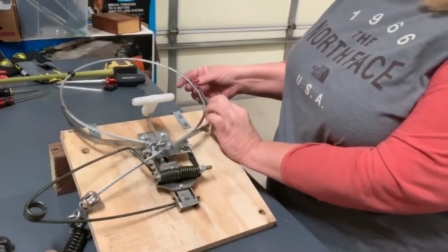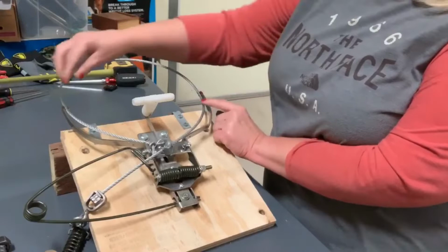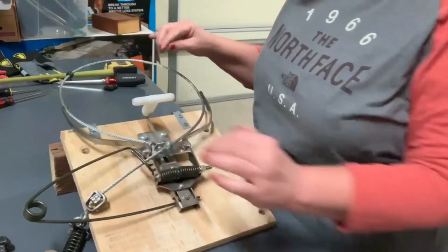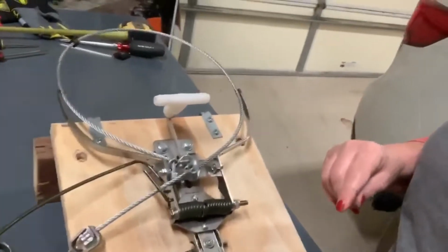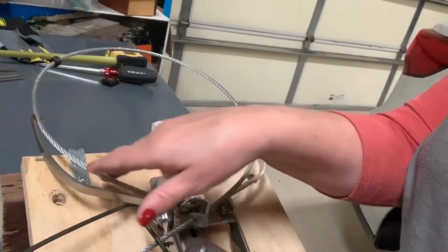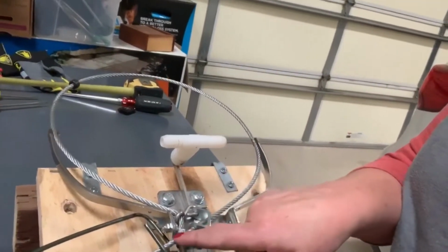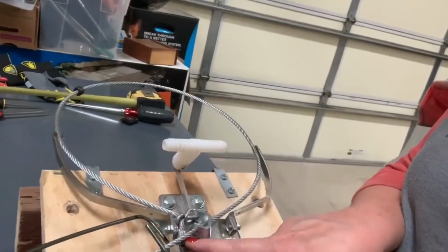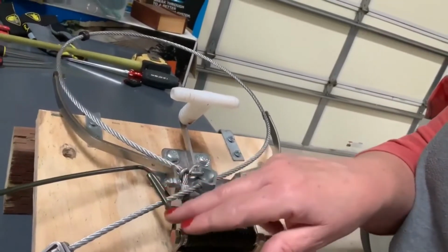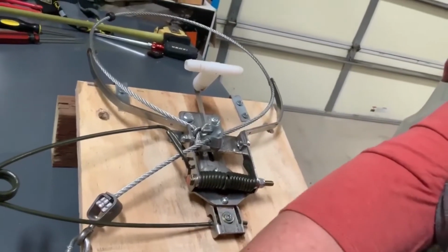The cable just sits in these throw arms. There are little hooks right here on the sides. You just clip it in the hook right here and right here, okay? Right here, you're going to look at the curvature. I'm going to try to bring the camera closer so you can see. There's the curvature of this cable, sits in this notch, and it just follows the bend of the throw arm, goes around, and then this end of the cable barely passes over the one underneath. It goes under this hook, and then this all goes under your cinch spring, and